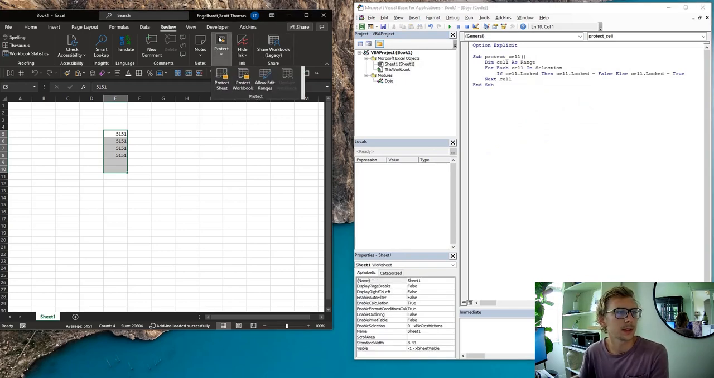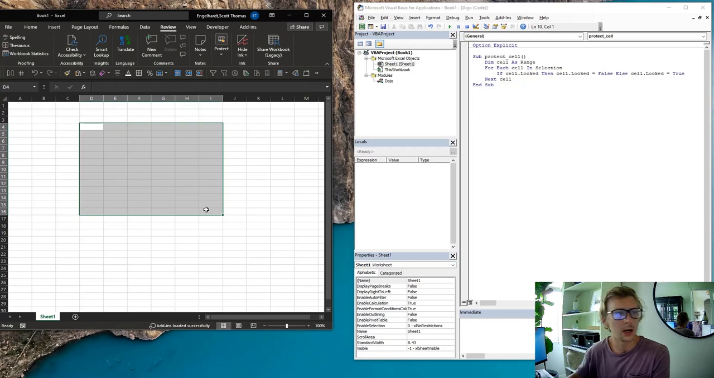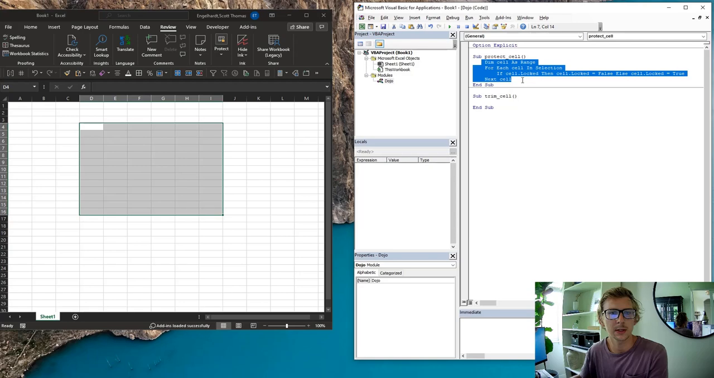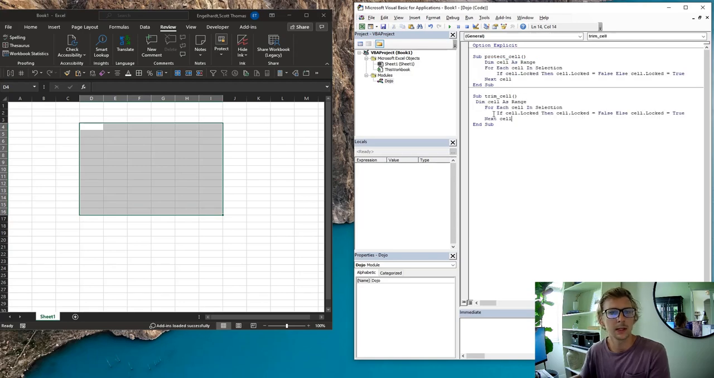So I'm just going to unprotect this sheet for good measure. And so what we're going to do is create the new macro, trim cell. And we're going to use a very similar method here. So I'm just going to copy this code, paste it here under trim cell. And instead of this if statement here, I just need to set the cell's value equal to trim of the cell's